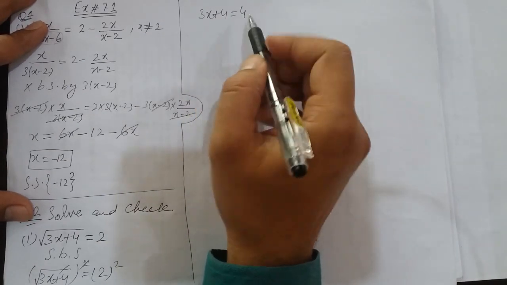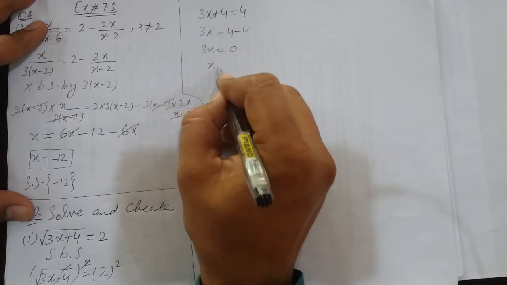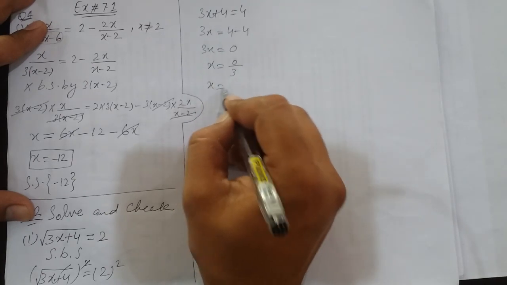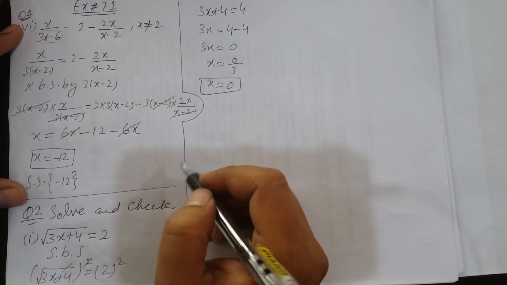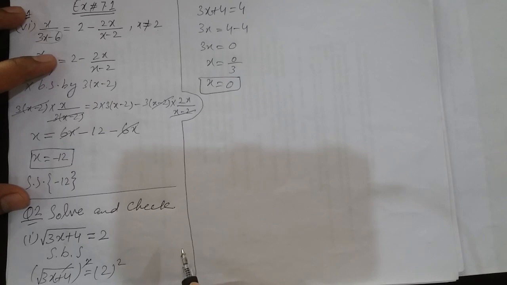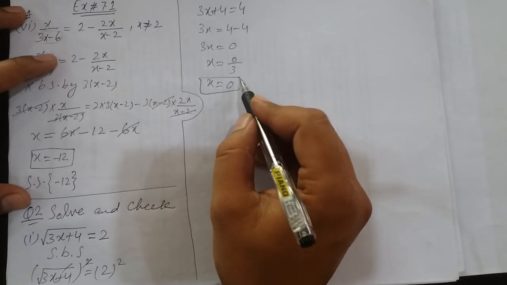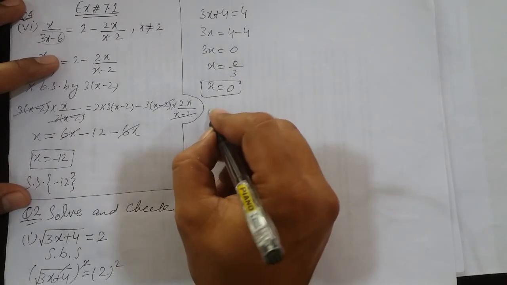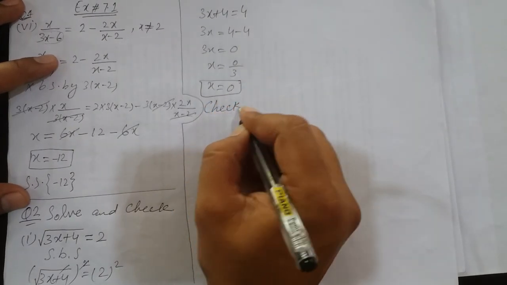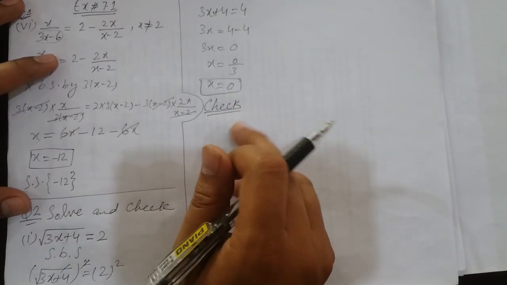Now this 4 will be subtracted on the other side. 3x is equal to 4 minus 4. 3x is equal to 0. X is equal to 0 over 3. X is equal to 0. So this is the value of x. Now in radical equations, it is always compulsory to check the value which we get by the solution. We have to check whether this value should be part of the solution set or not. And how will this value be checked? We will put this value in the given equation, and if the equation is satisfied, then this value is the solution set. Otherwise,